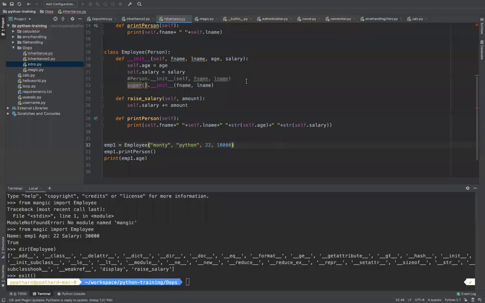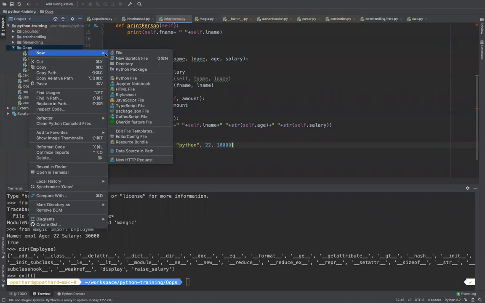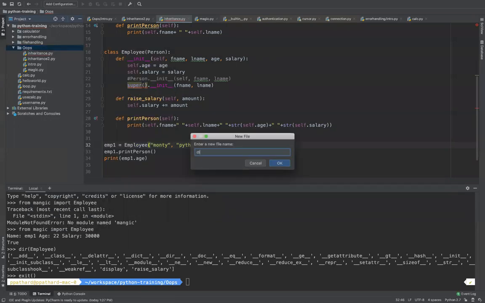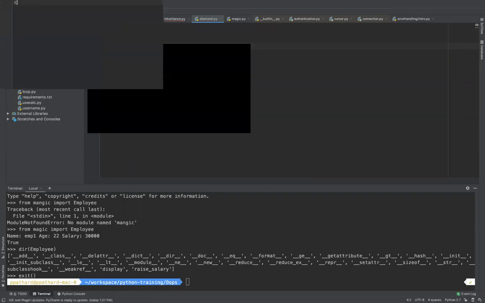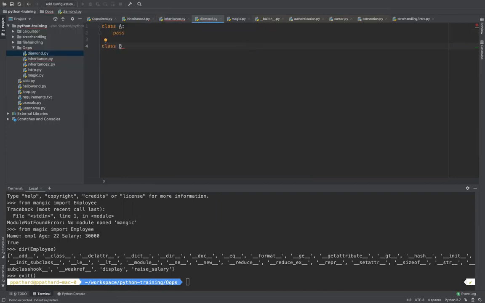Quickly, let me show you about the diamond problem. Let me go ahead and create a file called diamond. I will create a class A, and I will not do anything here, just pass. I will create a class B that is inheriting from class A, and I will also do pass.